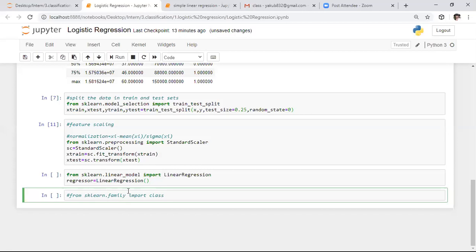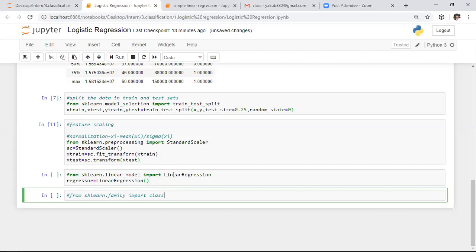We need to specify the family, and in that family we have different classes, so we specify that specific class name. Logistic regression also belongs to the linear model family.